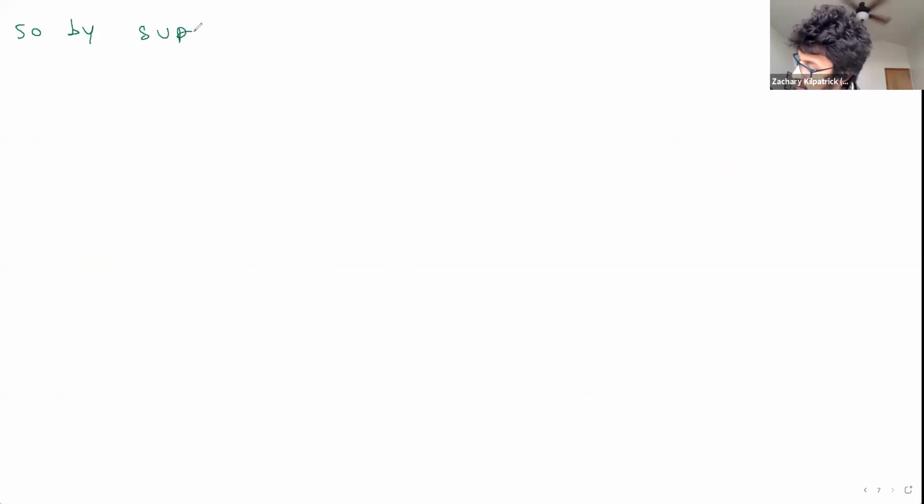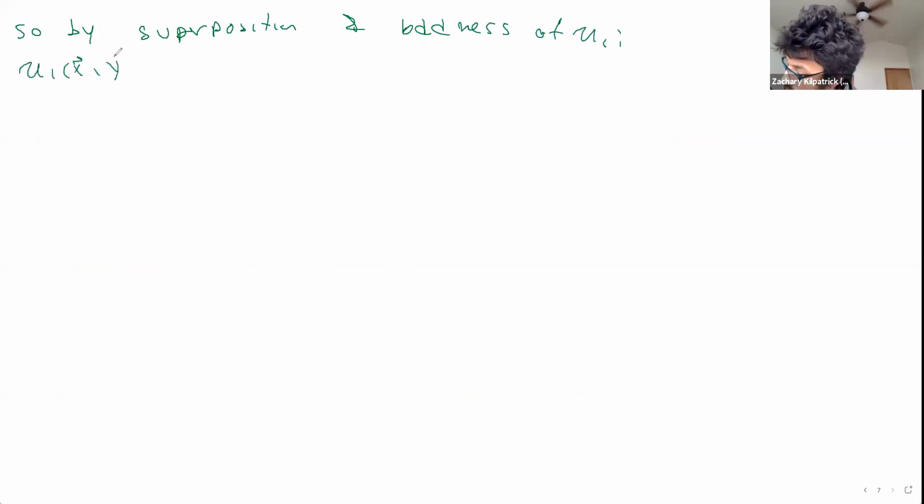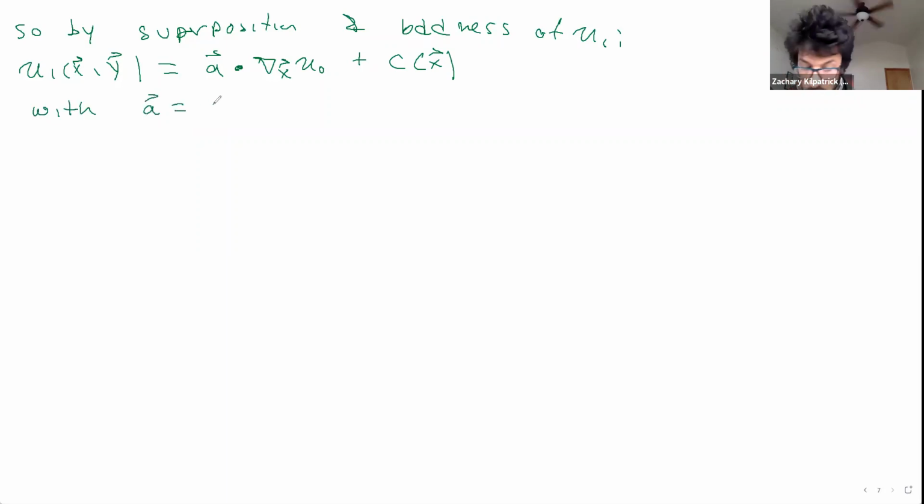So by superposition and boundedness of u1, I can get that u1 of x, y is equal to some function a, which I'll have to define, dotted with the gradient with respect to x of u0, plus c of x, with a being some function a(x, y) which is periodic in y, such that